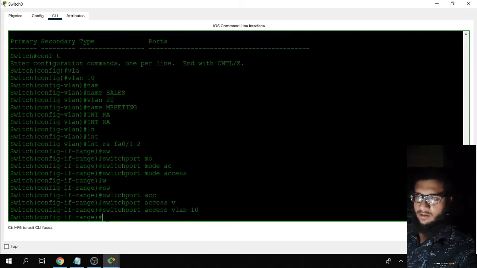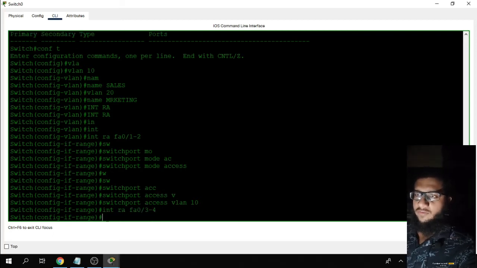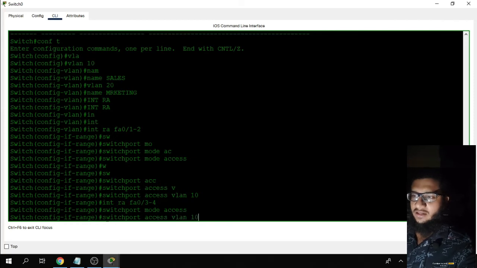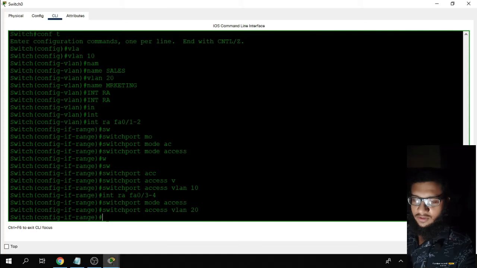Okay, now I'll go to interface range 3 to 4, because 3 and 4, the PCs are of VLAN 20, which is the marketing department. So I'll type the same command, switchport mode access, and then switchport access VLAN, and type the number here, 20. Okay, Control Z.